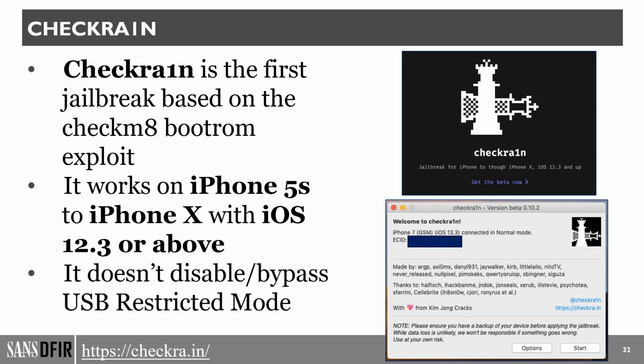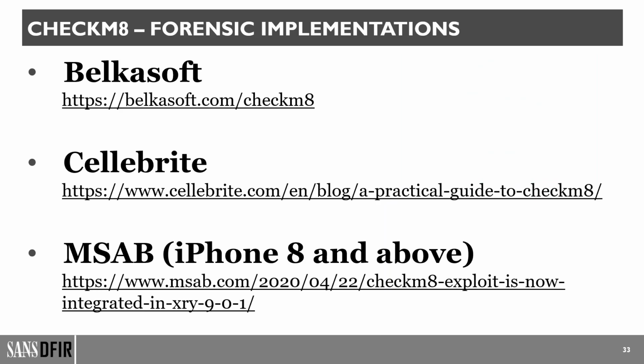So since the Checkm8 exploit was discovered, some forensic companies started developing their own implementation of Checkm8. At the moment, to my knowledge, there are 3 software supporting a customized version of the Checkm8 exploit